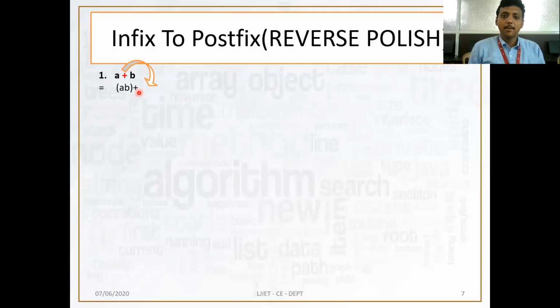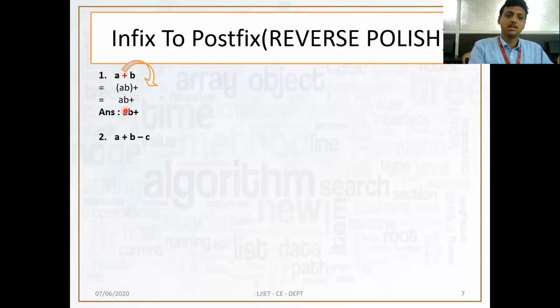Have you seen what I did? I'm just combining A and B, and then moving plus to the back side of B. Then I put brackets over there. Sir, are brackets necessary? No, brackets are not necessary. They are used just for your convenience. I use brackets to show that this expression has already been executed. I have executed AB, so I put brackets there. Now removing them, the answer is AB plus.